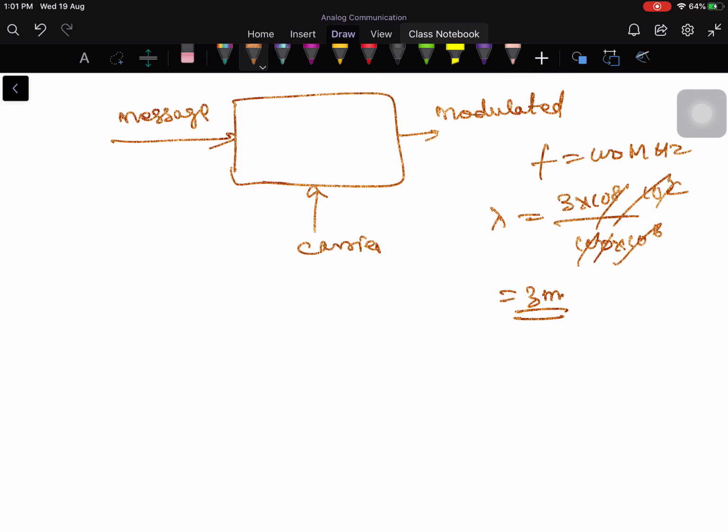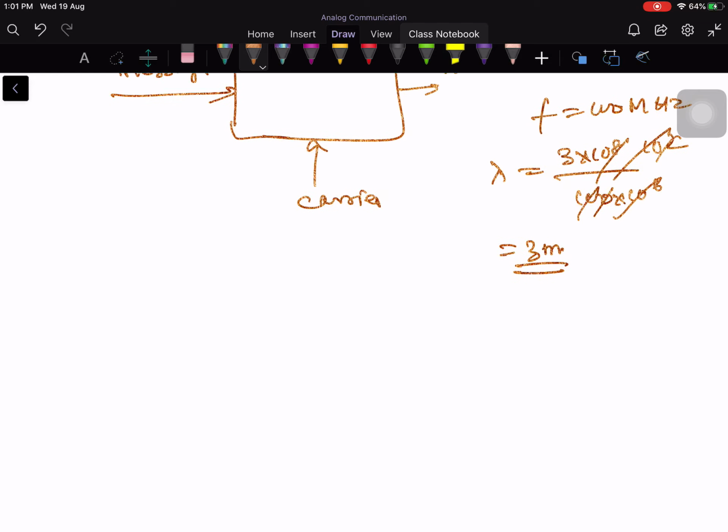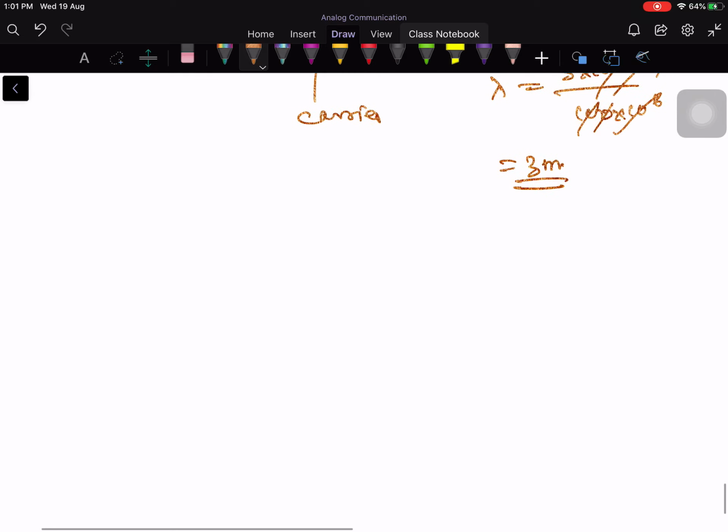Therefore, what the transmitter does is put this information, or embed this information, appropriately into the carrier in order to reduce the antenna size. Typically this is done through a process called modulation. So you modulate a specific parameter of the carrier along with the signal. We will discuss that elaborately as we go along in the course.